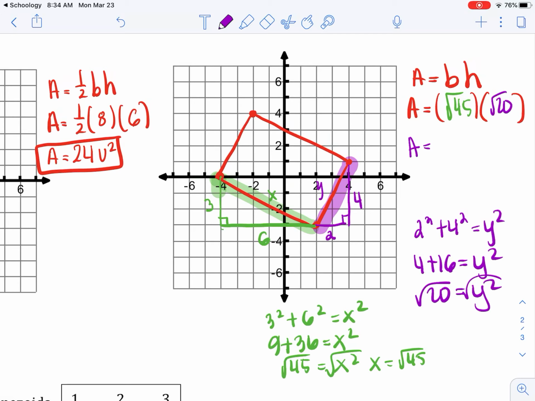Go ahead and try putting that in your calculator to make sure you're getting the same answer as I'm getting. Remember, if you have a parentheses that opens here, you have to close it. If you type it correctly, you should have 30 units squared. Once again, if you're having issues